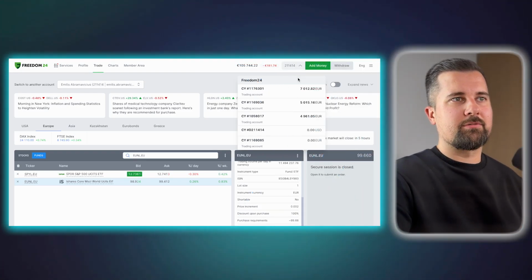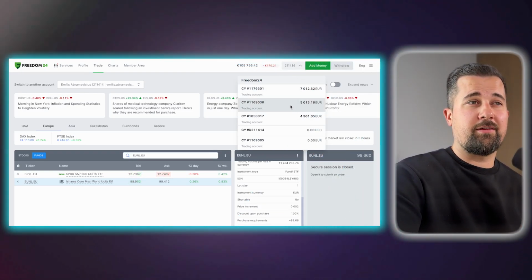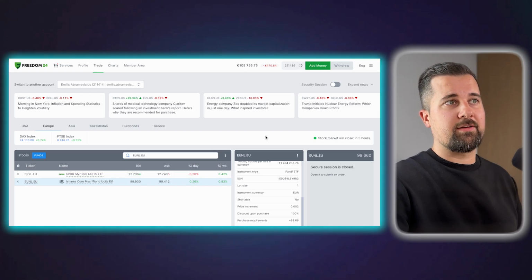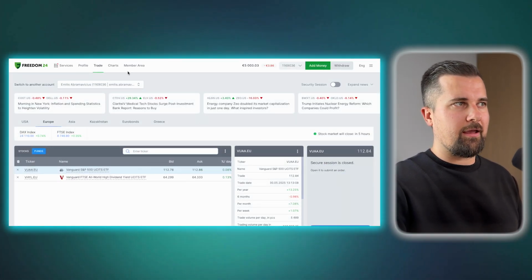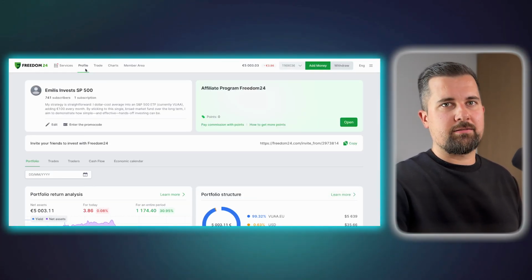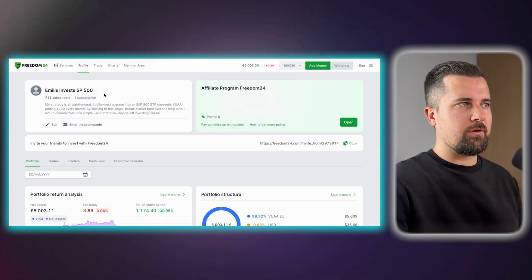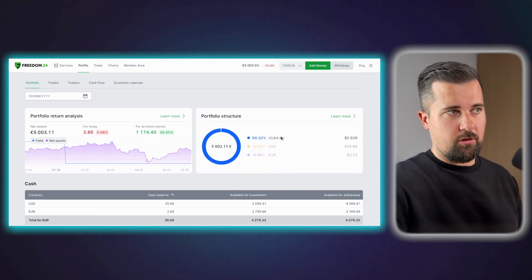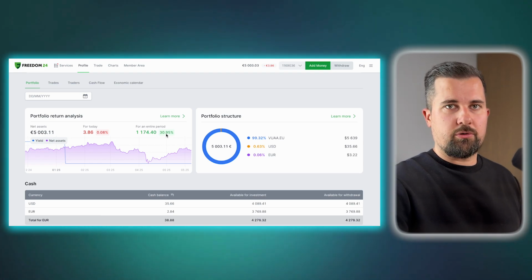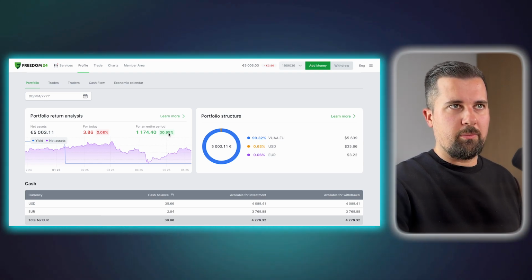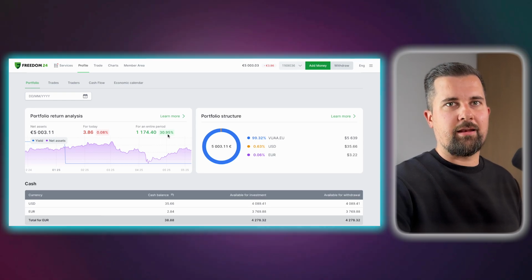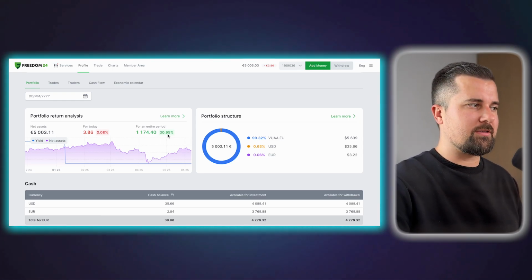One of the examples: I started 2.5 years ago my practical experiment with the S&P 500, where I invest in VUAA. I don't do anything else. I just simply buy 1 unit of the S&P 500, which is VUAA in dollars. And this is the result from me spending 1 minute a month investing in this fund again and again and again. So just buying more units again and again.